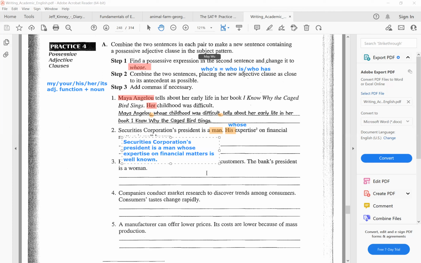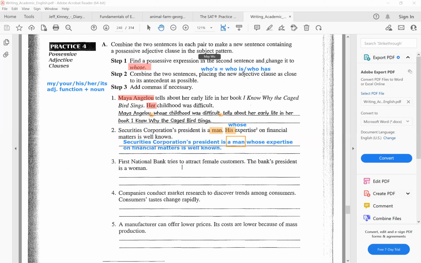So you might be wondering, why is this restrictive? Because a man is very general. So we're not talking about any man. We're referring to a specific type of man who is very smart in financial matters. Okay. And number 3,